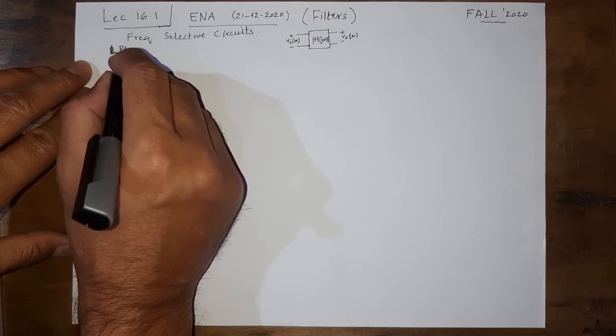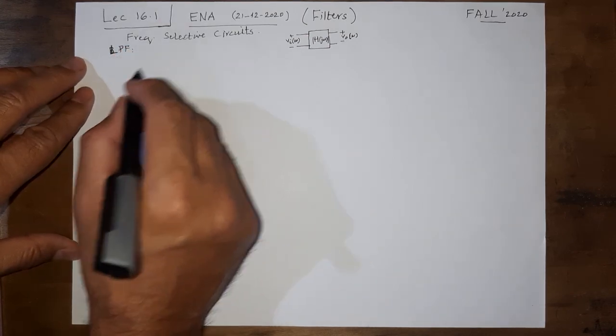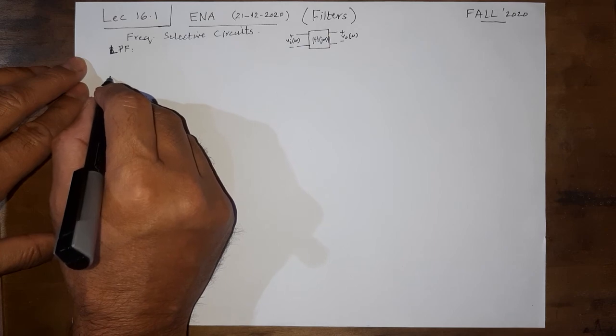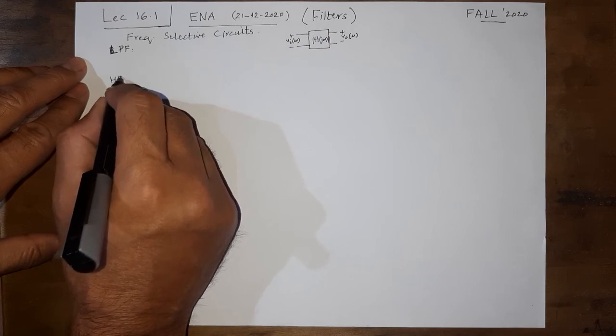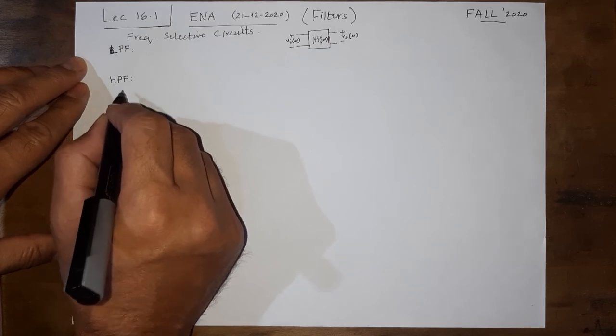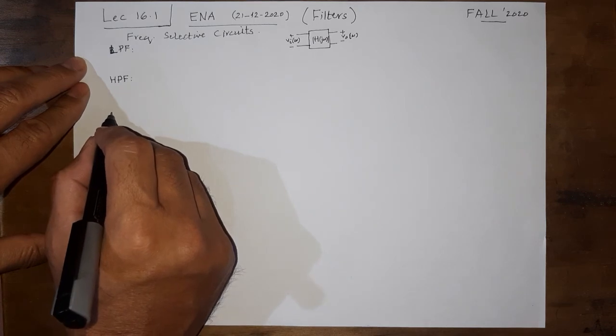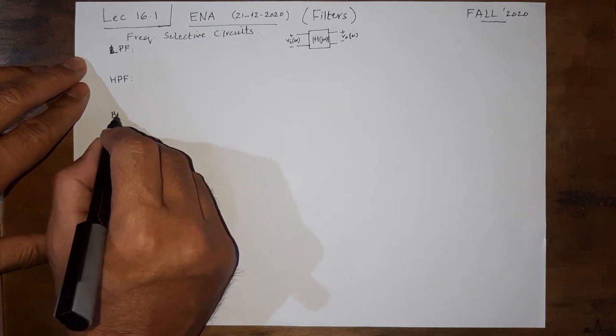So, a filter, and we have looked at a low pass filter. A low pass filter, we had a look at this one in the previous lectures. Then I gave you the assignment to see how a high pass filter works. And today we are going to look at another filter that is known as a band pass filter.